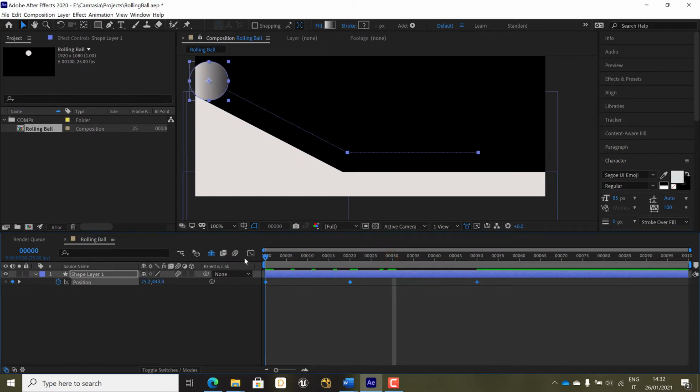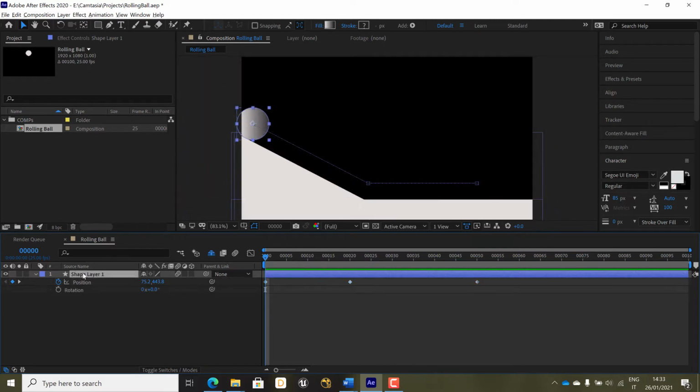Now we can see our ball moving the right way. Nonetheless, the ball is not rolling down the slope, but rather sliding down. In order to achieve a rolling effect, we need to animate the ball's rotation as well. Let's start by fixing the starting point of our rotation and activating the animation on our parameter. Next, we need to calculate how many rotations we need in order to have a rolling ball without sliding effects.